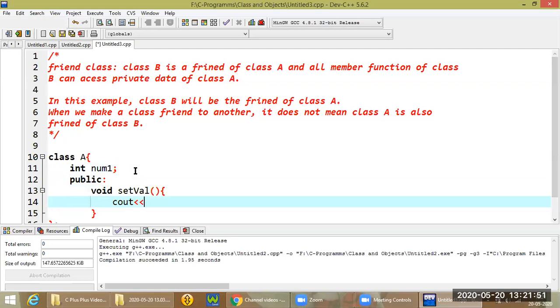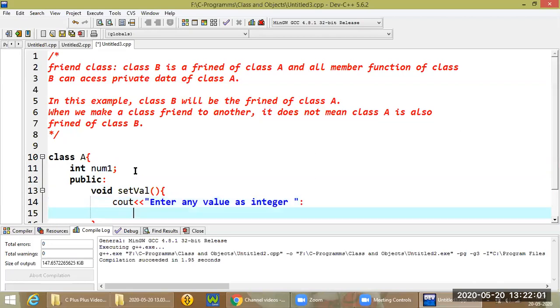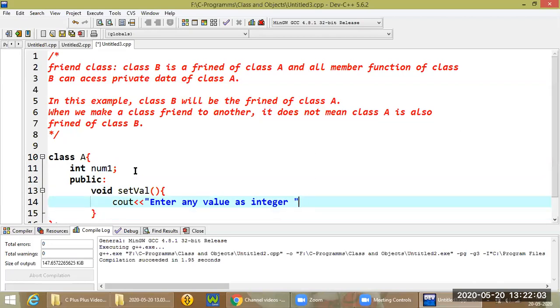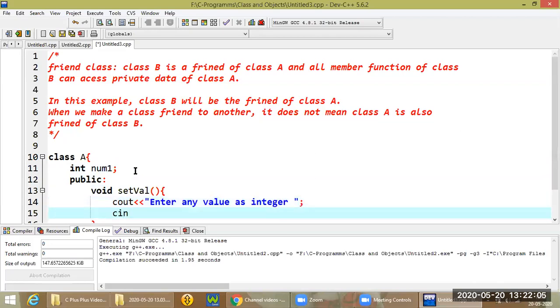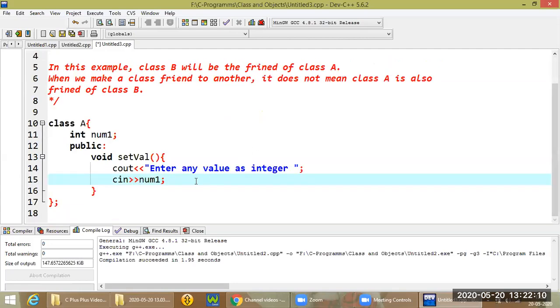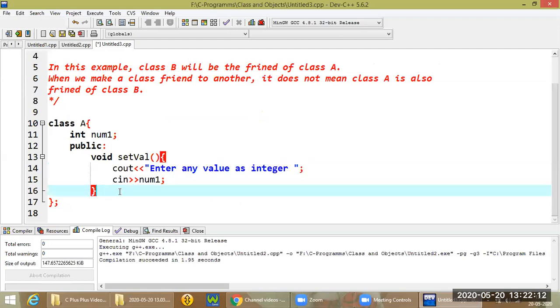Let's print a message: enter any value as integer. And then let's take input for num1, so num1 gets initialized here.